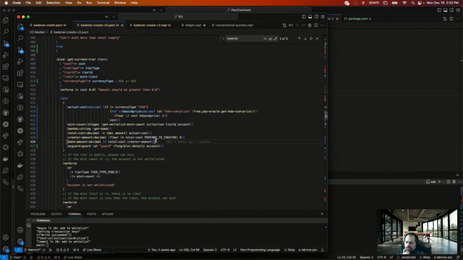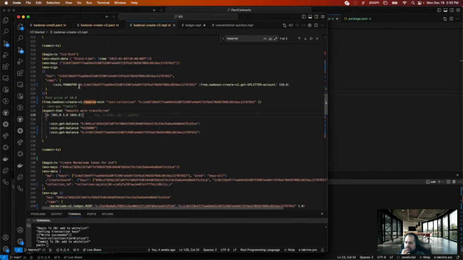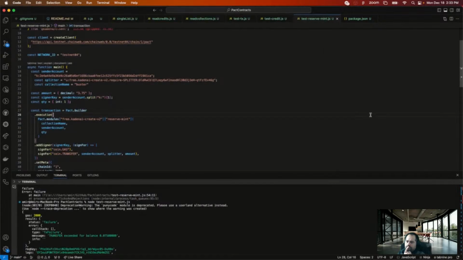I'm surprised it doesn't give me an error in here though. There's nothing special going on here. I'm just sending, that takes care of it. Coin transfer, one. It handles the bank account. Let me just check that one.